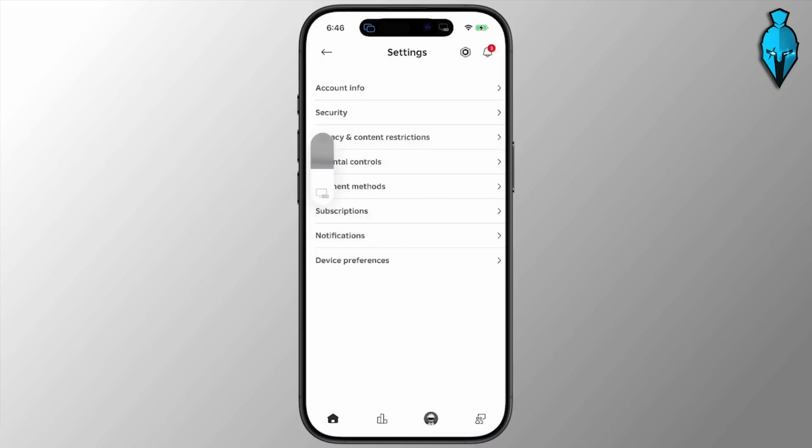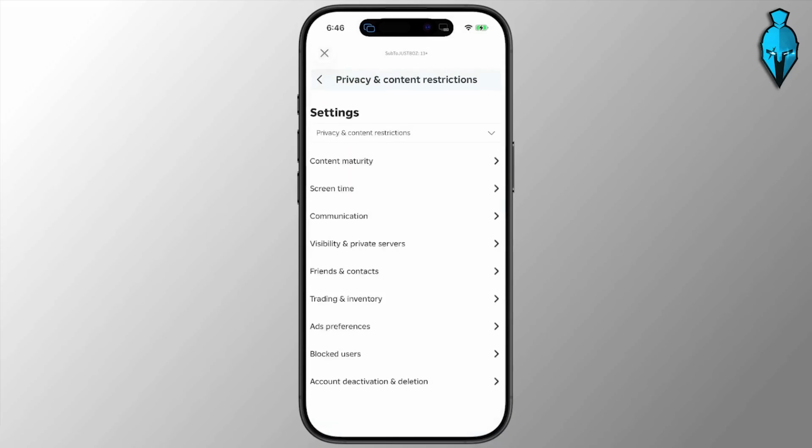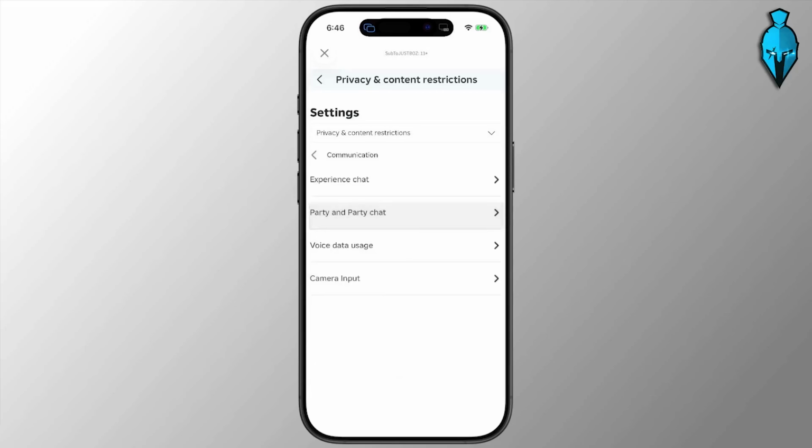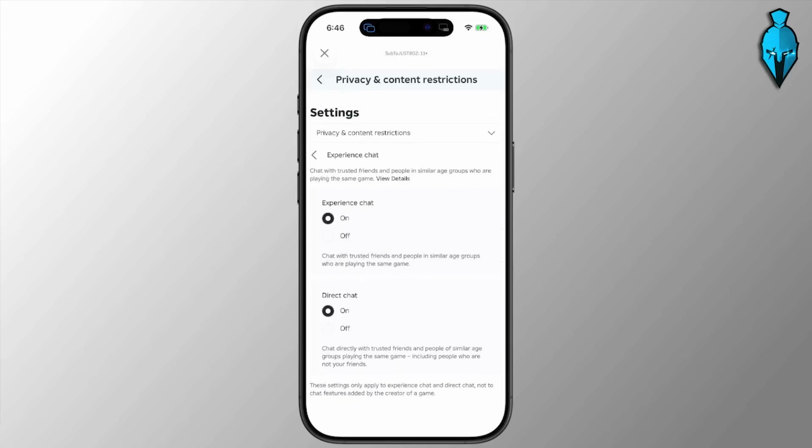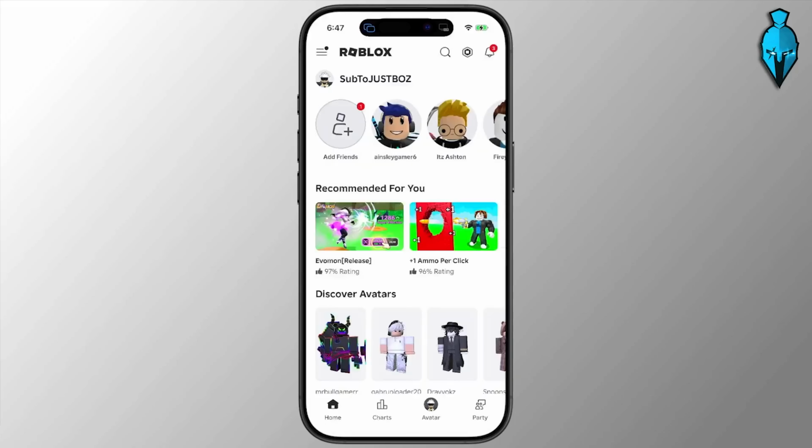From here, back out and then go to privacy and content restrictions. After doing all of that, select communication. And in here, you're going to see experience chat. Open this up and go ahead and make sure that these are turned on. If either of these are set to no one, make sure that they are set to everyone. And then, of course, you can load back in and you're going to see that chat up in the top